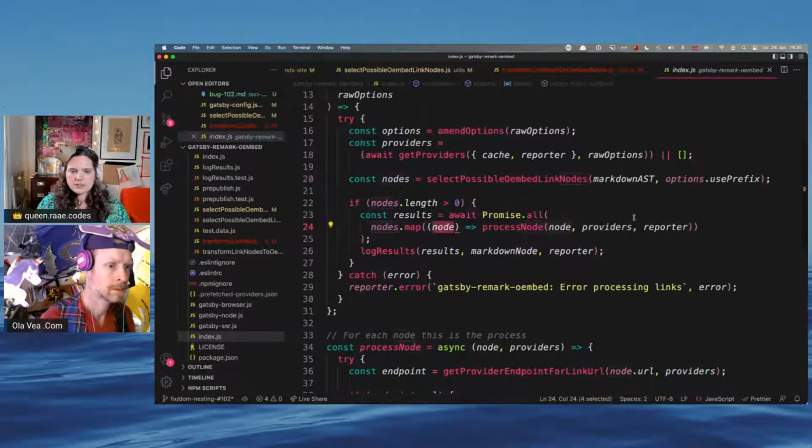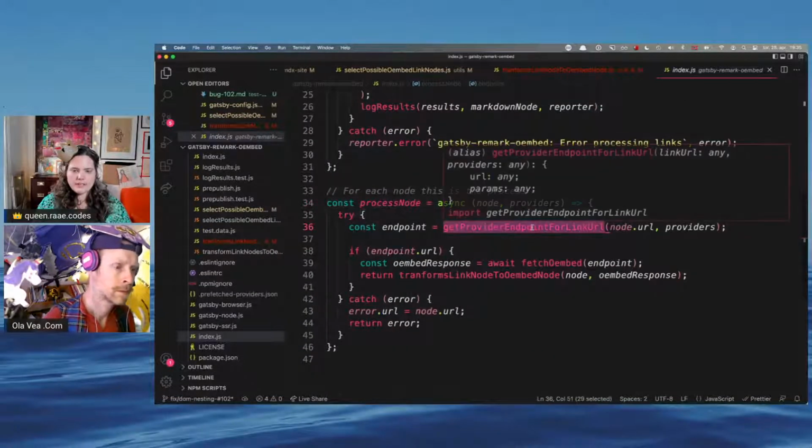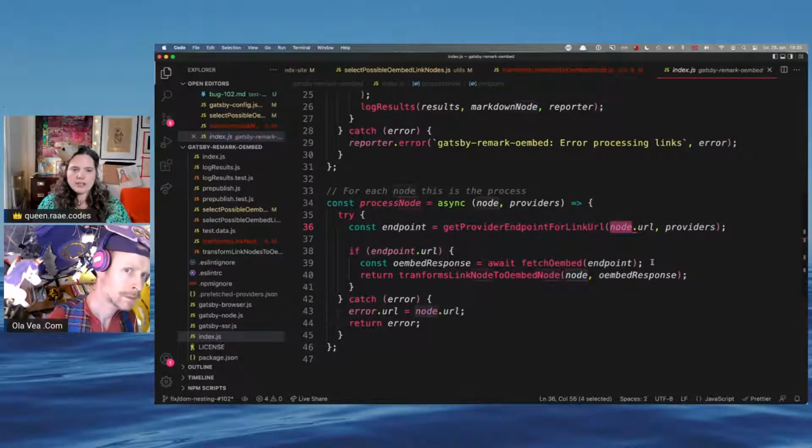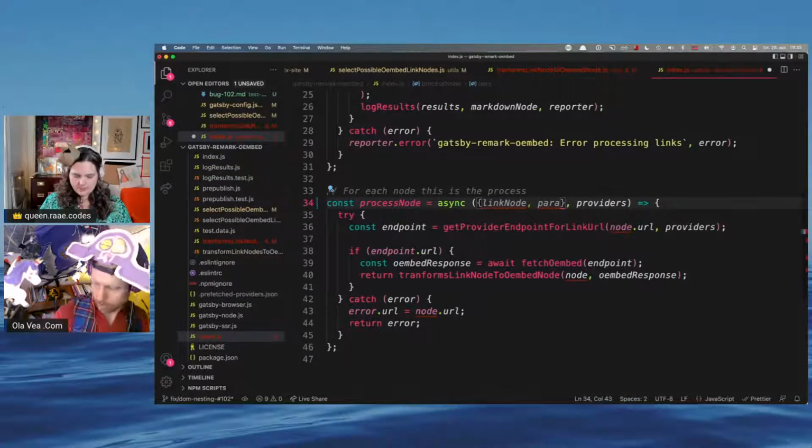So this is node. So these are now objects. I don't know what to call them at the moment, but node. So let's see, process node. So get provider endpoint for link URL. So it's no longer now on the node, because here we now have link node and then paragraph node.